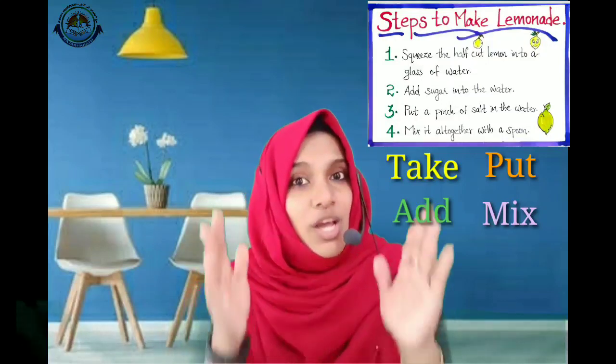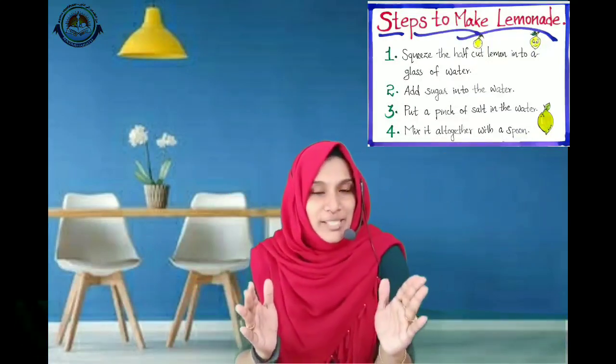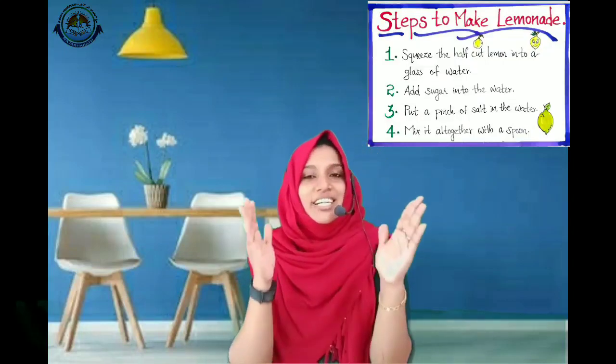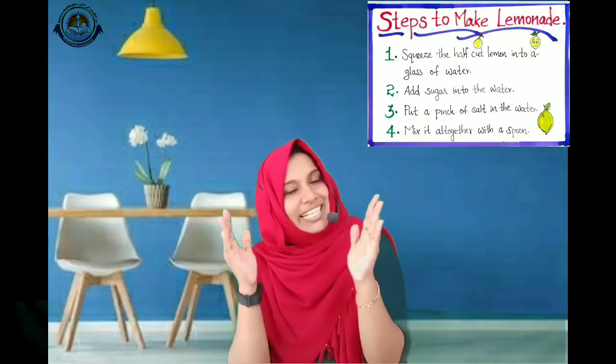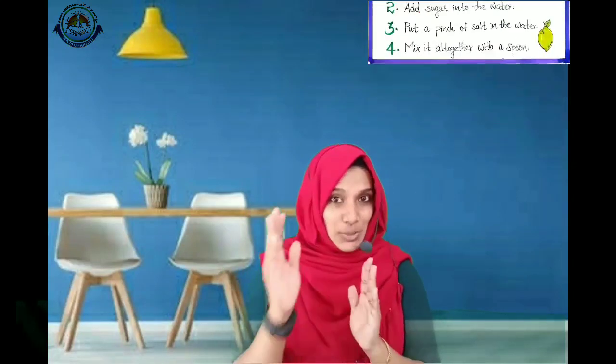So this is how, with the help of a recipe, we can make a food. We can make a tasty lemonade. So now let's move on to our workbook. From page number 16, there are 2 more recipes waiting for you. So let's see. S2, parts of recipe. Read the following instructions that are written in the correct order.